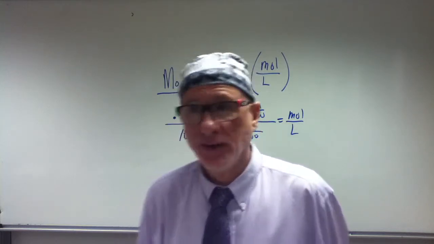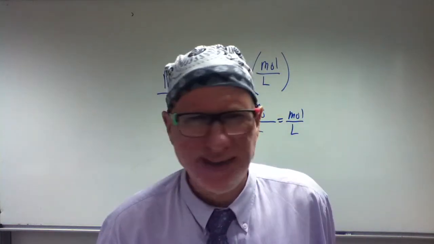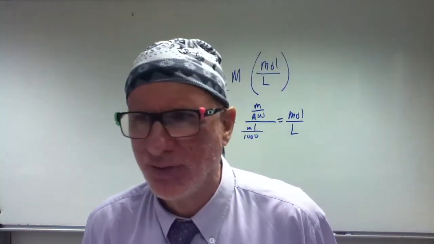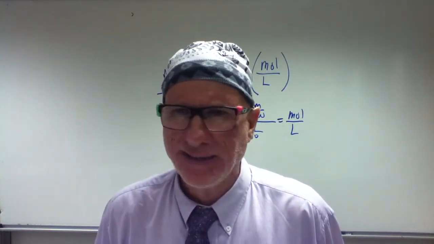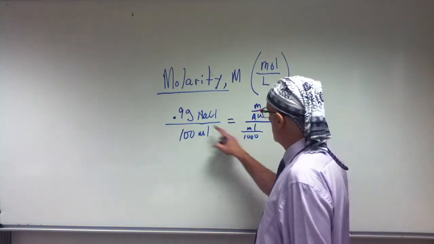So what is it? 58. Well done, 58. Yeah, just round mass numbers. Don't go crazy. When we do work in the lab, you have to use a lot of decimal places, but this is fine. Mass numbers are fine. So that's going to be 0.9